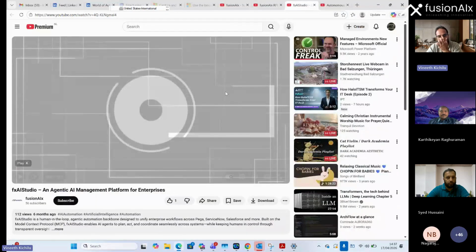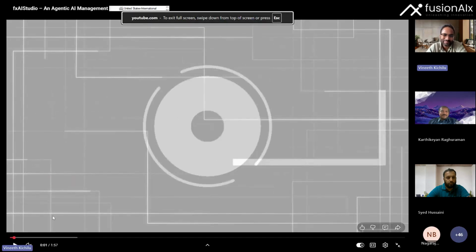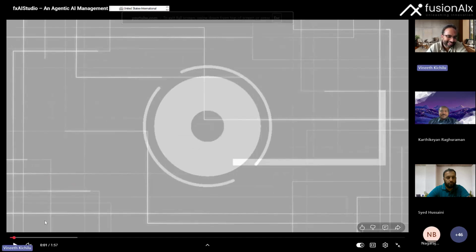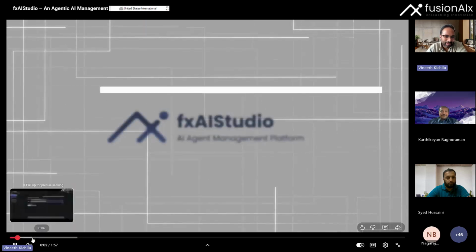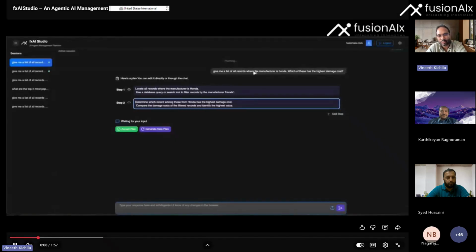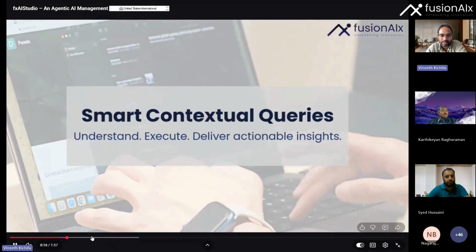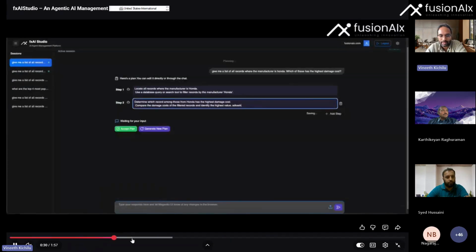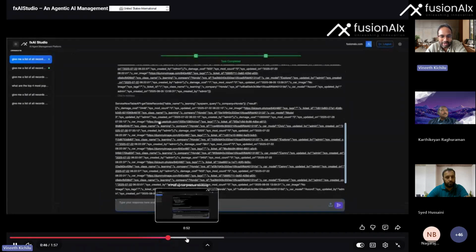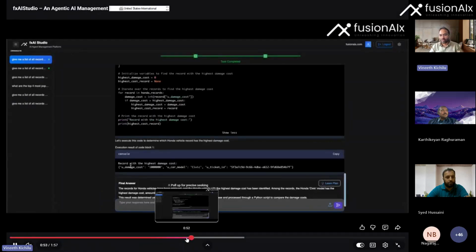Then we built an AI Studio. I call it a cheap replica of Moveworks. This uses a Magentic pattern. When you give a task, it presents steps, and the steps can be changed. You can say, I don't like your plan, go change the plan, or accept the plan. The plan is then executed on your behalf in the Magentic pattern. This is where computers and humans really work in tandem.